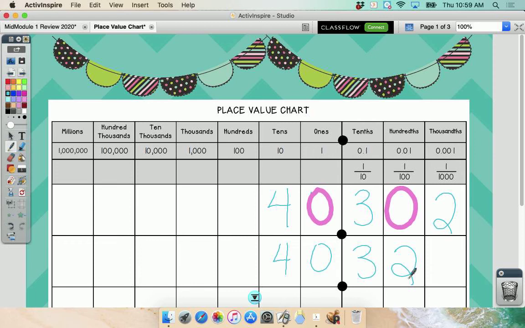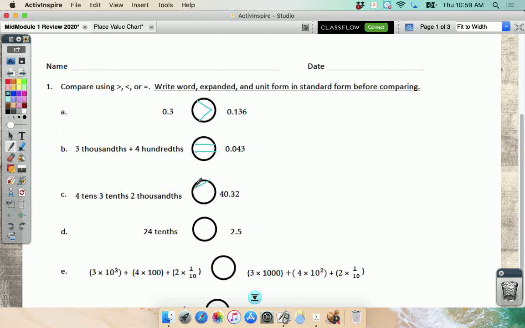So are these the same? Which one's larger? All right. So 40.32 is greater than 4 tenths, 3 tenths, 2 thousandths. See how we're doing this? All right. So the next one,